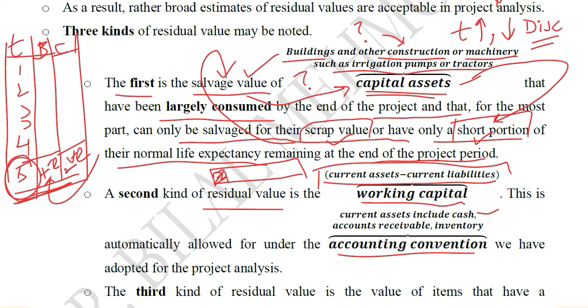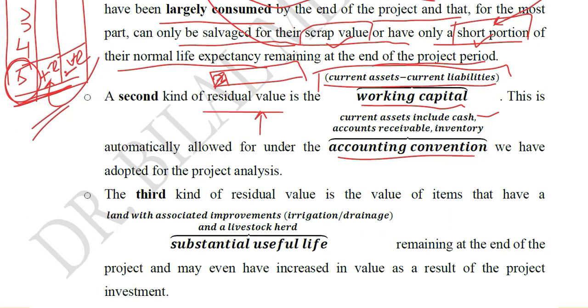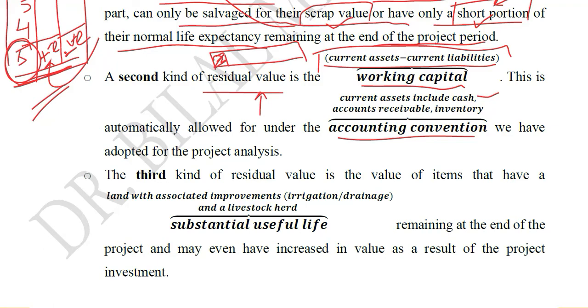Payables, etc. So when we do this deduction, we get the working capital, and as the project gets completed, some of these net values, that is the difference of the current assets and current liabilities, can be left in a positive value, and that can be used as a residual value, and we can include them in our benefits, or deduct them from the costs. So this is another possibility. In addition to the capital assets, we can have some leftover working capital. And finally, the third thing that we have is